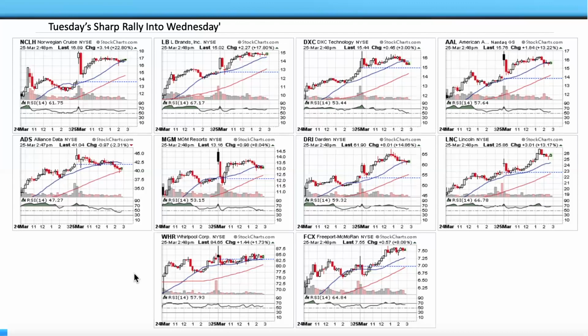So from there, what you can do, and I'll show you how, is on StockCharts.com get a thumbnail shot. And for my work, I wanted to just see a 2-day chart from the Tuesday rally. And again, I'm going to progress and take us through the week and give you an idea of just how volatile we are. But on that Tuesday sharp rally, some of your biggest movers were, for instance,